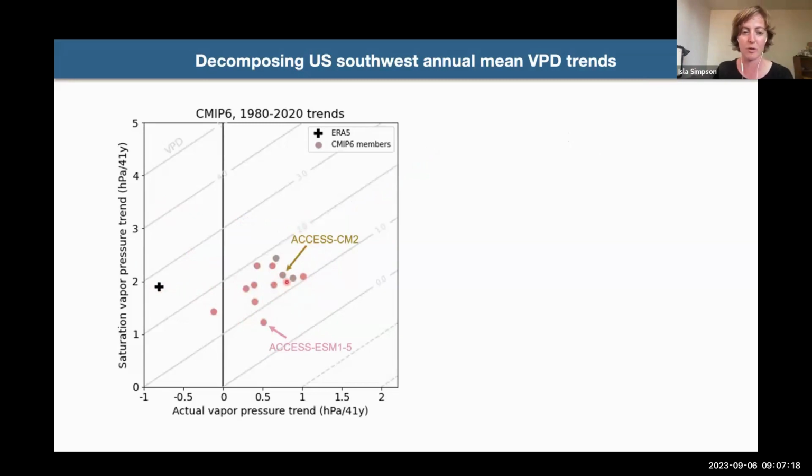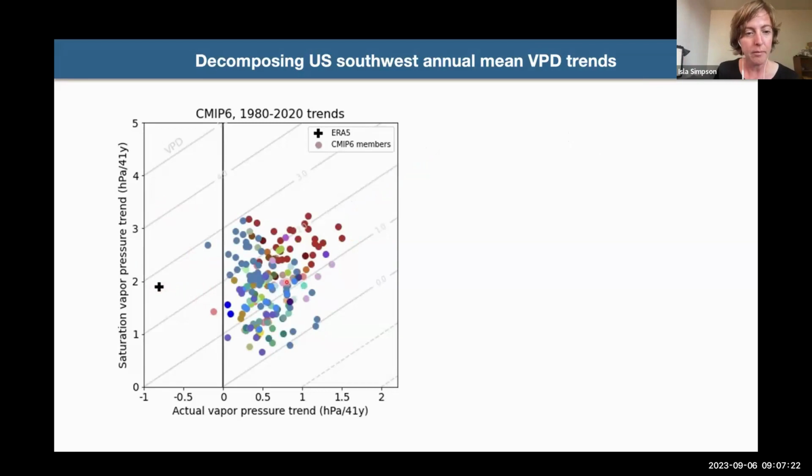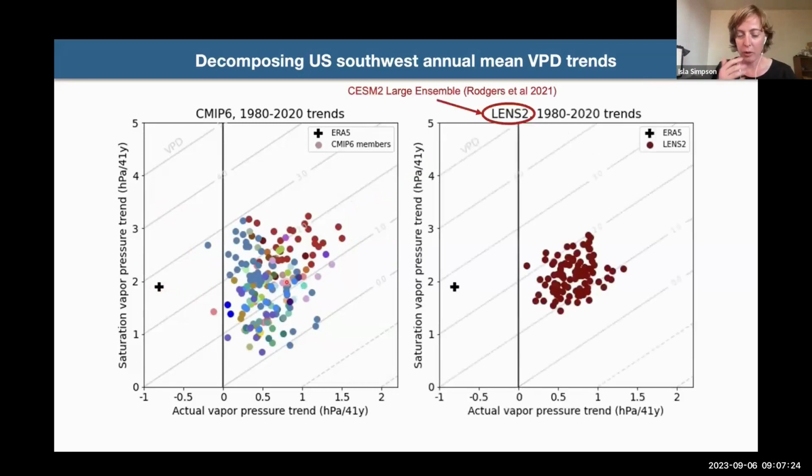Of course, a large part of the spread here then is internal variability. So here's also one single model large ensemble. So this is the model developed at NCAR, CESM2. This is a 100-member ensemble, and you see the same picture here. The CESM2 members overwhelmingly are all positive in their vapor pressure trends, coming nowhere close to what has actually been